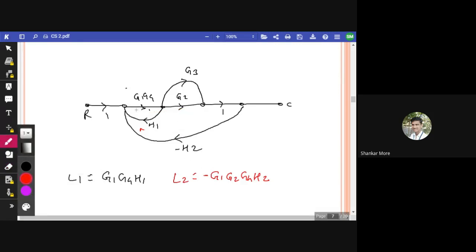Now what I will do, I will go from this to this to this and this. All right, so L3 will be equal to, मैं माइनस का सिंबल पहले देता हूं H2 का, so G1